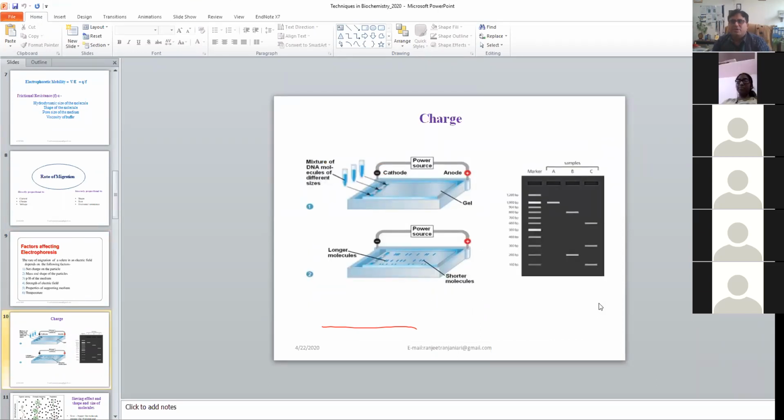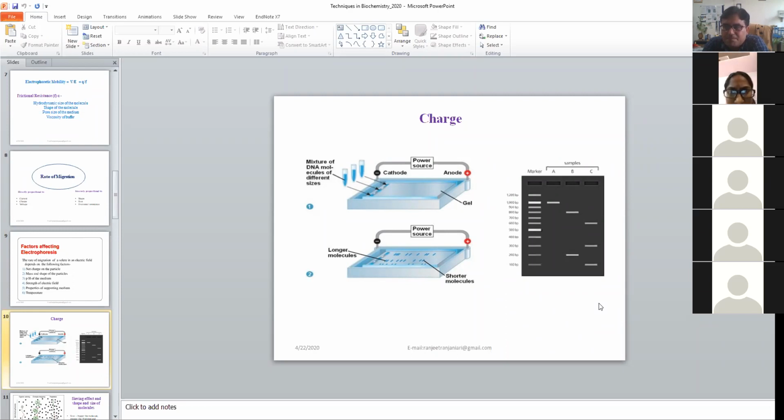Now here you can see some of the diagrams which I have shown. Like you can see the separation. Two different units I have shown here, where we have the mixture of DNA molecules which has been loaded. You have a power supply, then you have a cathode and anode electrode, and then there is a separation. If you see the separation, can you tell me, a band which is at almost 1 kb and the band which is at 500 base pair, which one will have a high rate of migration?